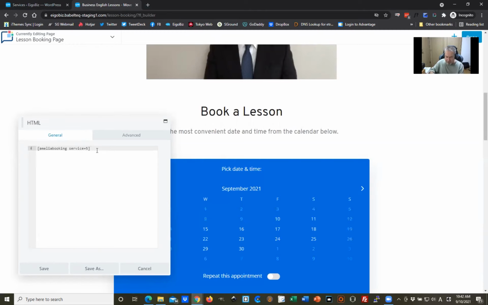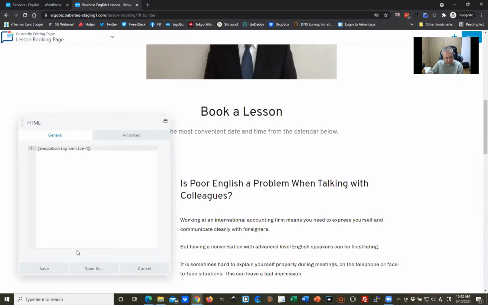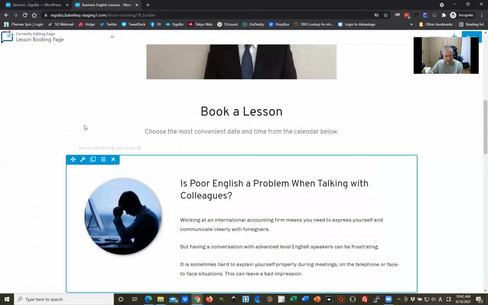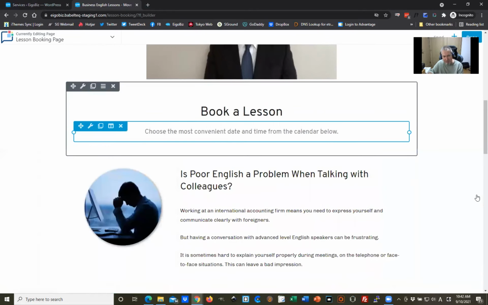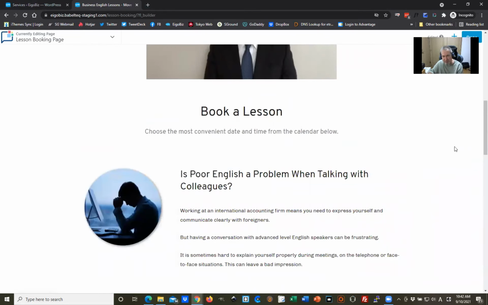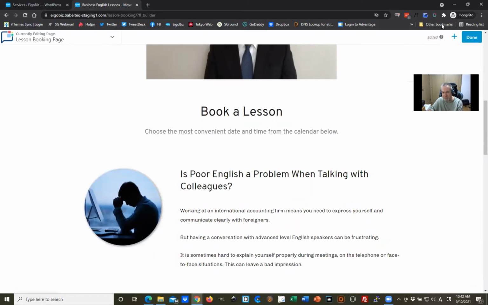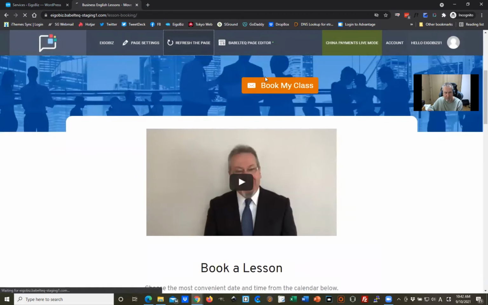If I change that to service equals 4, that's the service ID for a trial lesson form. If I click on done and publish and refresh the page,